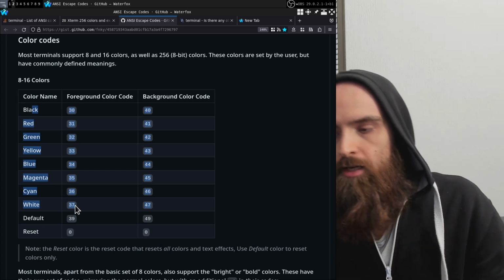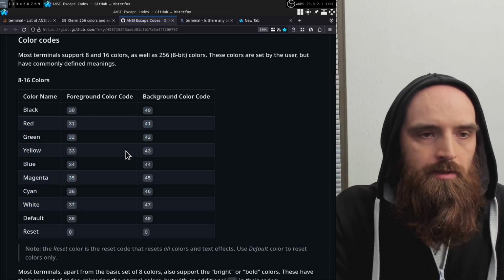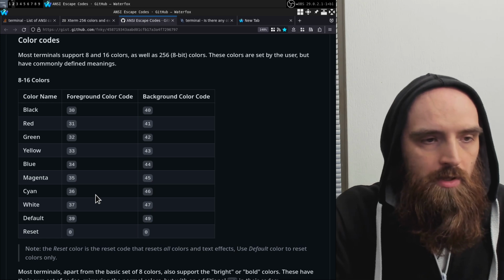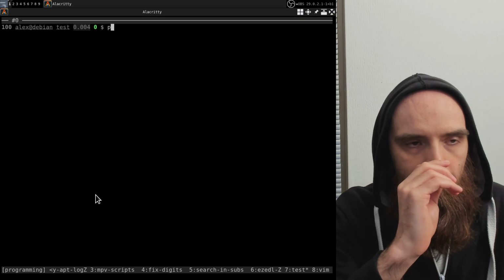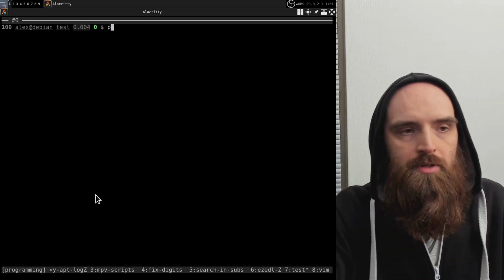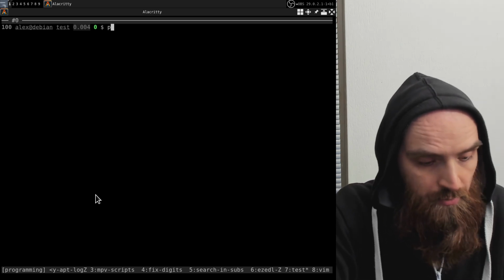But first, let's take a look at these basic ones, and it's also a good starting point to start understanding the structure of the escape sequences themselves